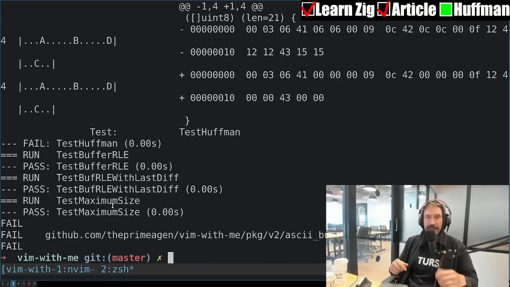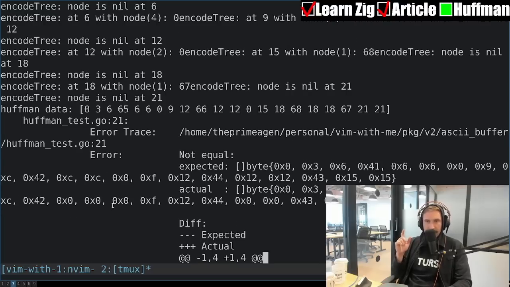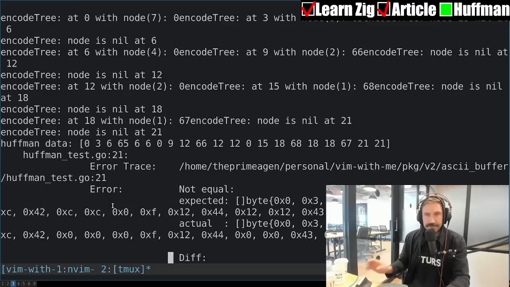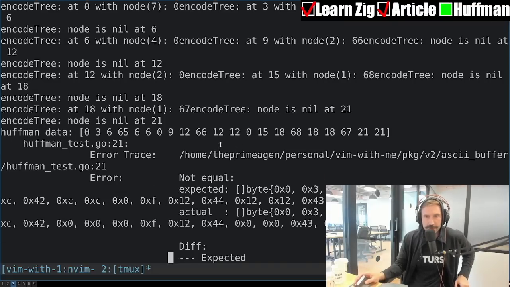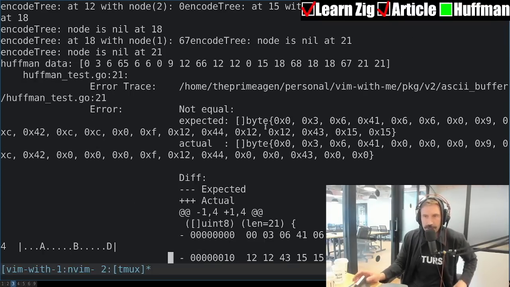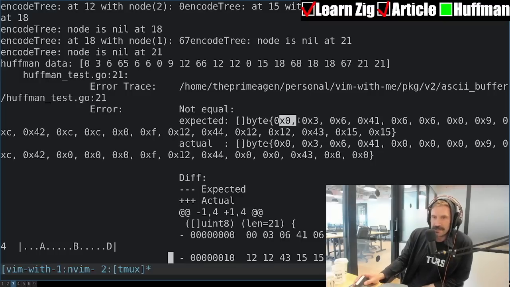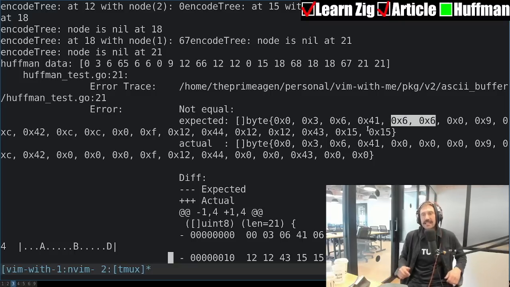Yes, okay, so it did fail. Okay, we did fail, but why? All right, so let's look at this. Okay, so let's see. Expected 036, 036. Good. 41, 00. 66. See, dang it.